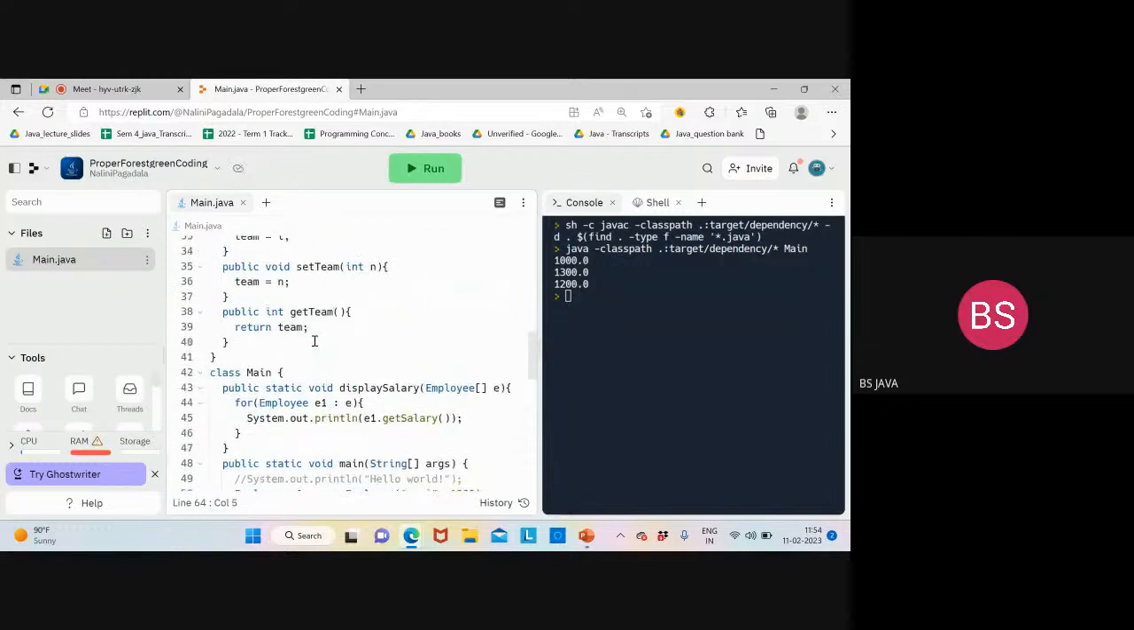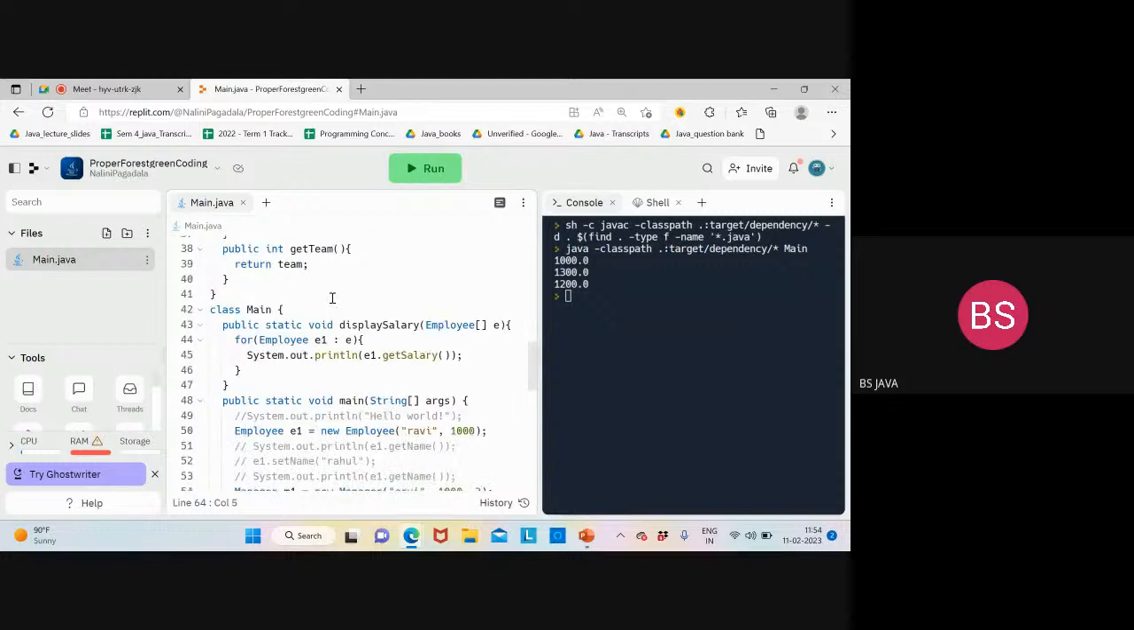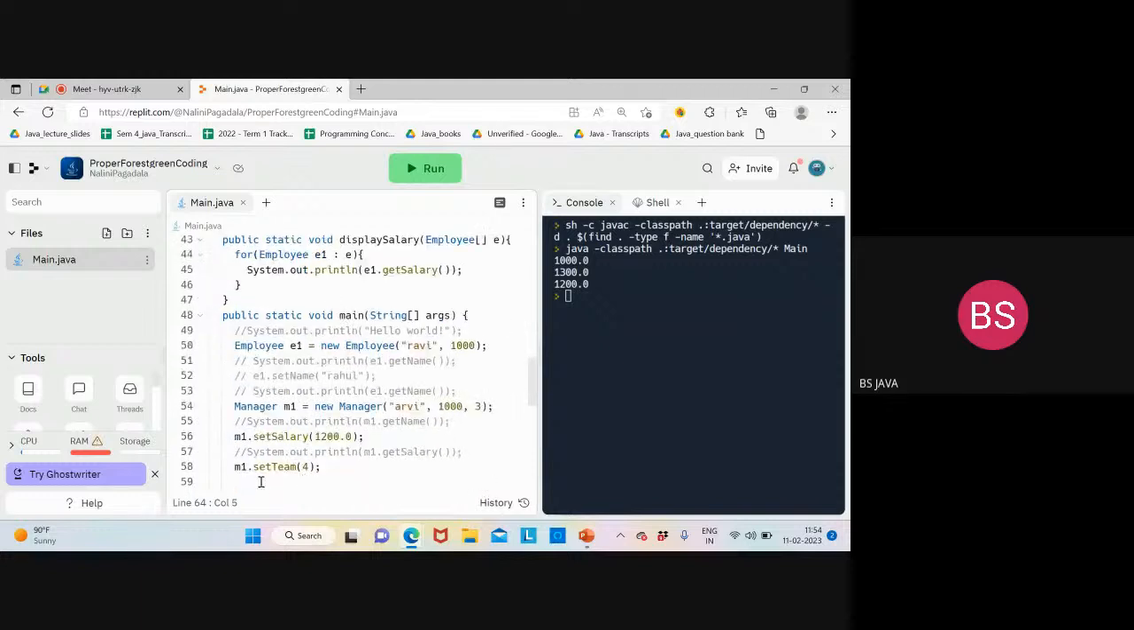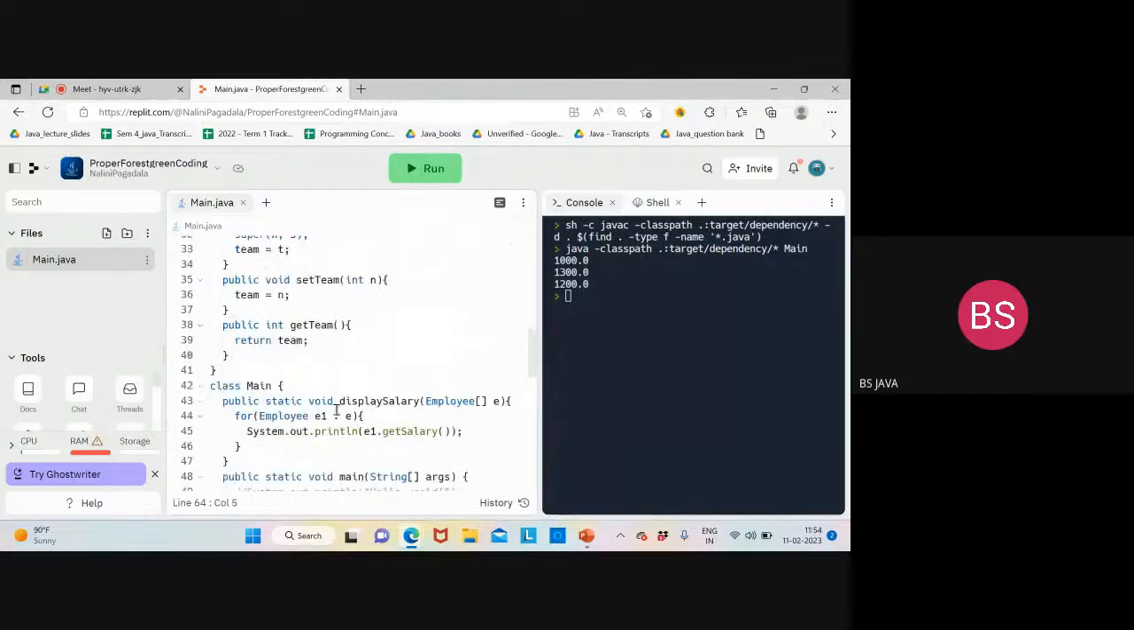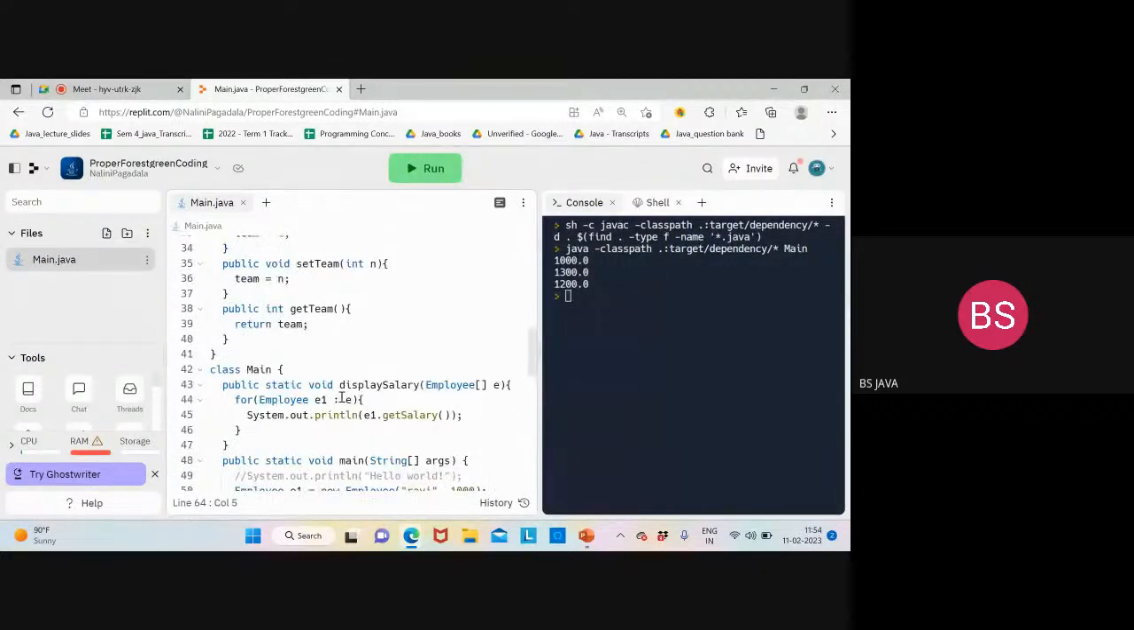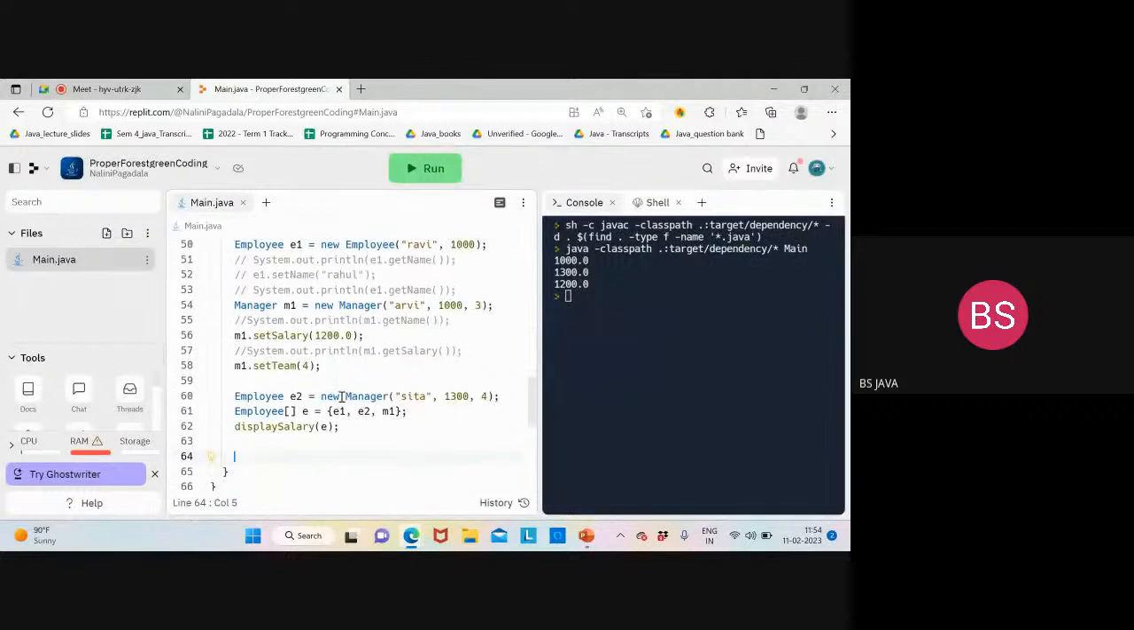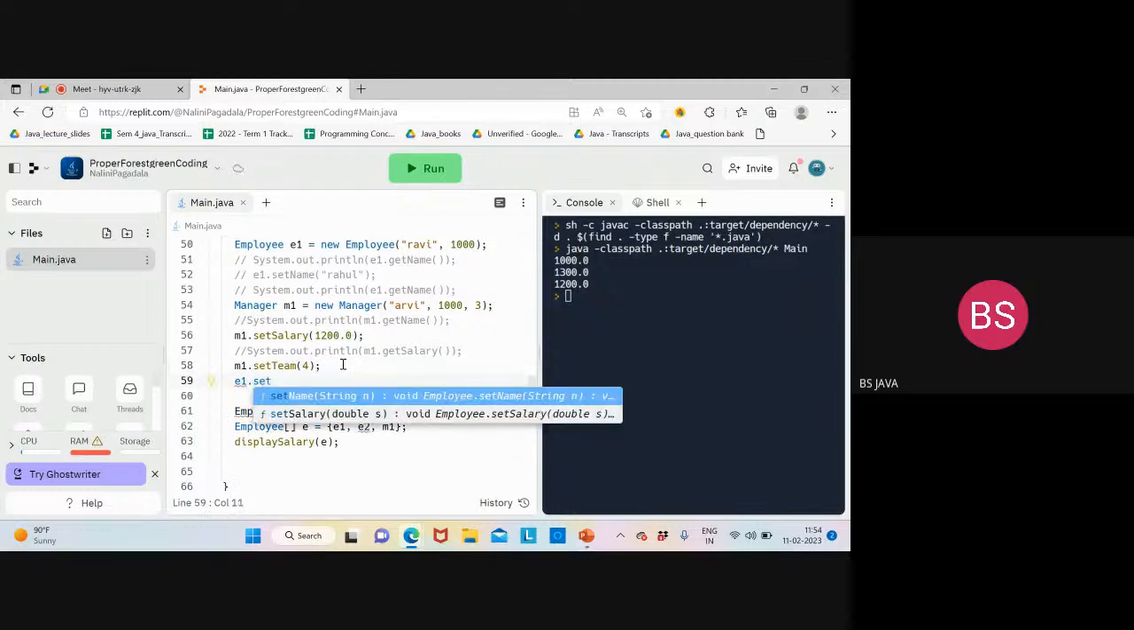Set team is specific to manager, so we can call the method set team using the manager object. But using e1, we have already seen we cannot call the method set team or get team, because those methods are specific to manager objects. Only manager objects can use set team and get team. Those are the extra methods present only for managers. So employee objects cannot call those methods, because the Java compiler checks first. When I say e1 dot set team to some value, 3 or 4,